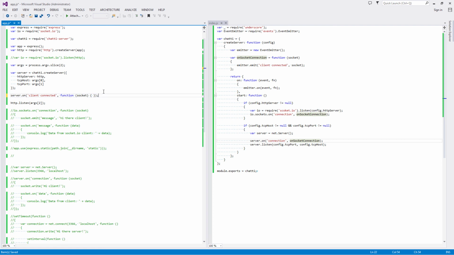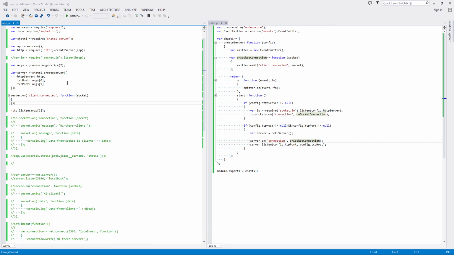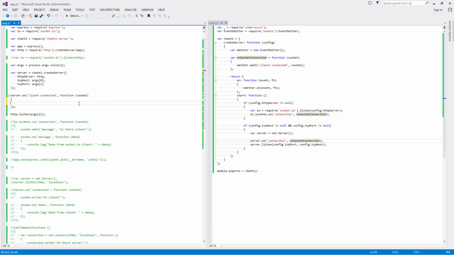And now whenever someone connects with WebSockets or TCP, this event is emitted and I get its socket. Let's quickly test if our stuff is working so far. So I've attached the event over here. Console log